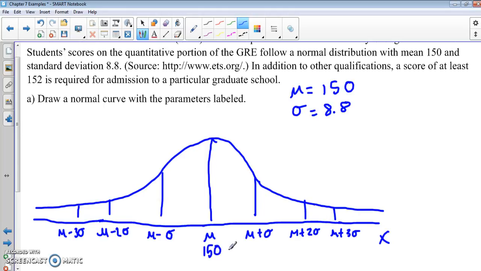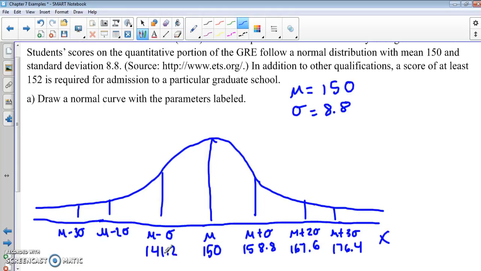So 150 plus 8.8, we get 158.8, and then if I add 8.8, we get 167.6, and if I add 8.8, we get 176.4. So we would go back to 150, and I'll subtract 8.8, we get 141.2,